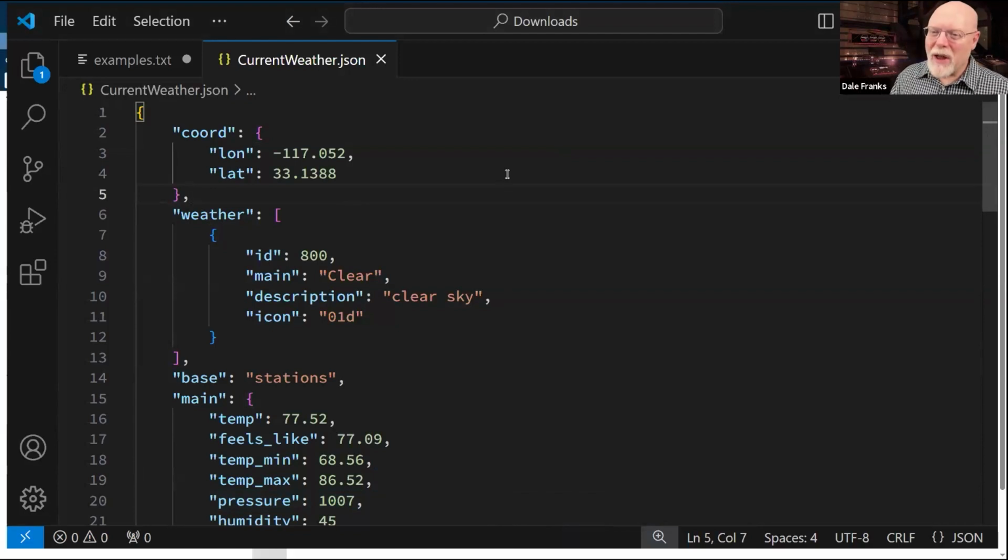Let's say your life would be impossible without the ability to use something like Visual Studio Code that formats JSON automatically for me. Because when you get JSON back from a REST service, it's going to be one very long paragraph with everything all jammed together.